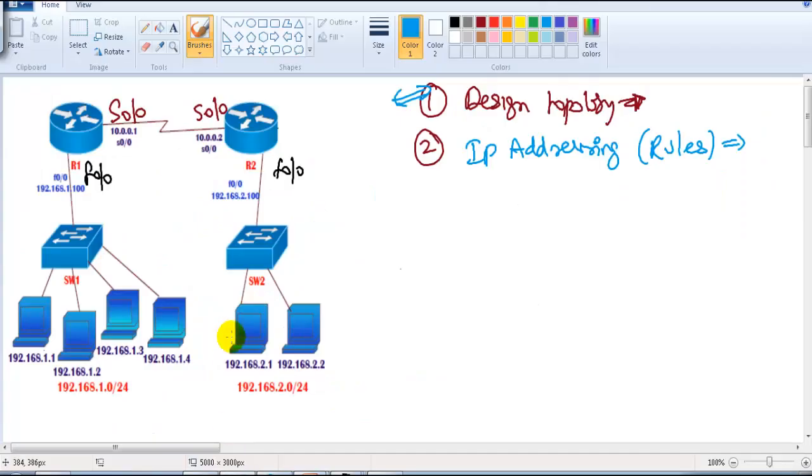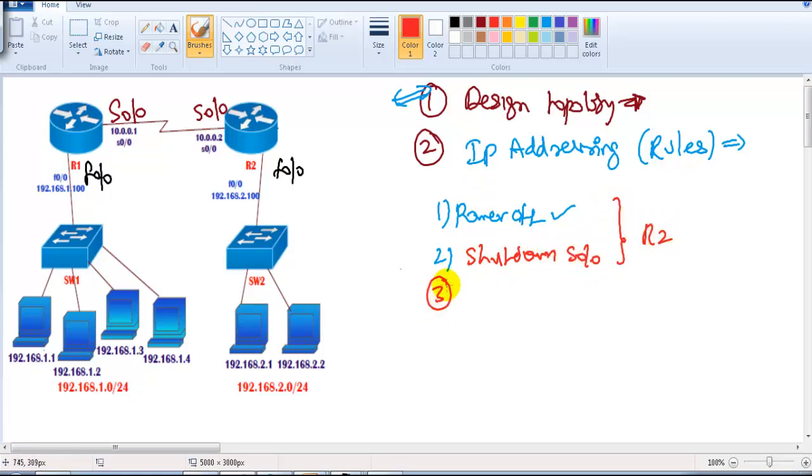For the basic verification, I'm going to continue with the same routers, router 1 and router 2. I'm going to create some problems on router 2 and then verify from router 1. The first problem, I'm going to power off router 2, verify, and then fix it. The second problem, I'm going to shut down the router 2 port S0/0, and again I'll fix it. The third problem is connectivity, like removing the cable. So we'll try one by one.